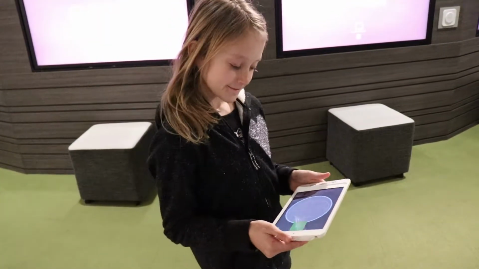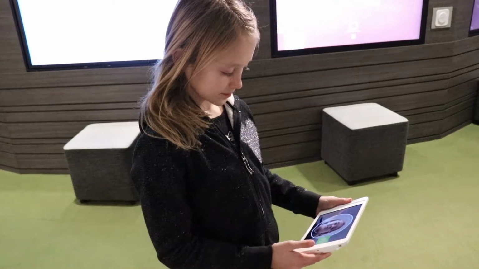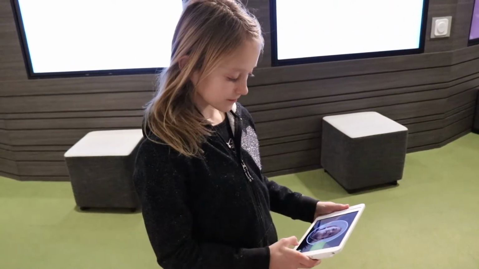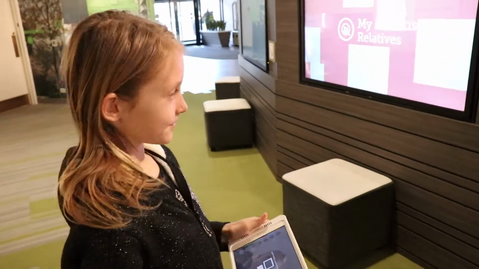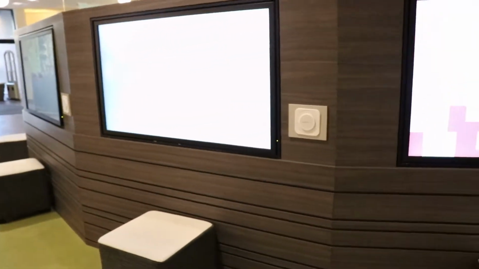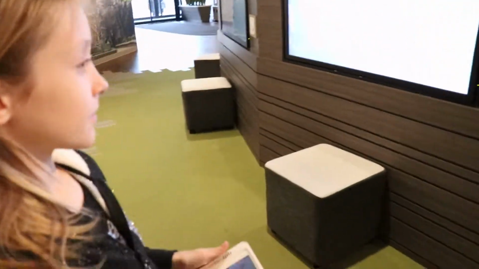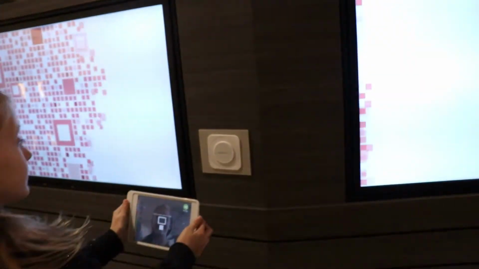Okay, now that Charlotte's logged in, the next thing that you get to do is take your picture with the iPad. After you've taken your picture, you can take it to any of the different stations. So we are going to look at the My Famous Relatives. So you just take your iPad and you dock it at the station,